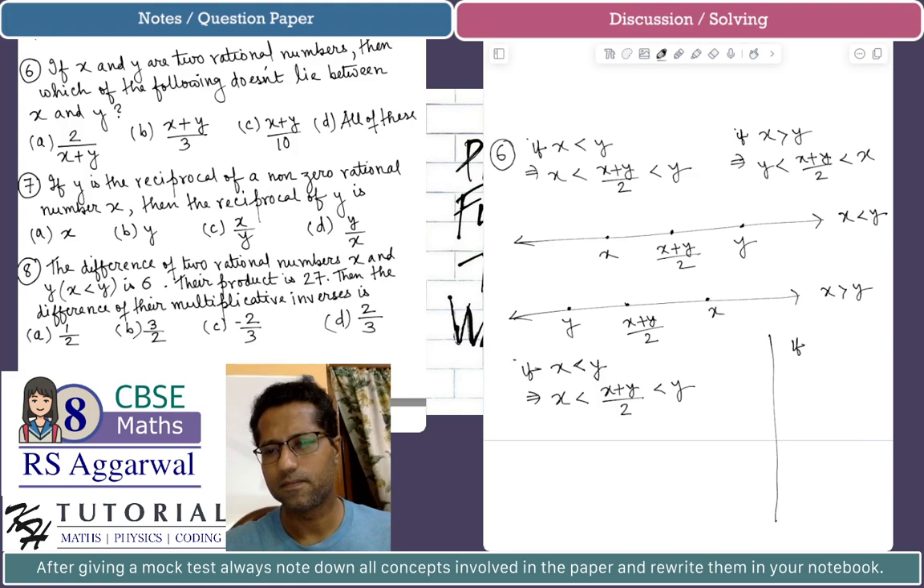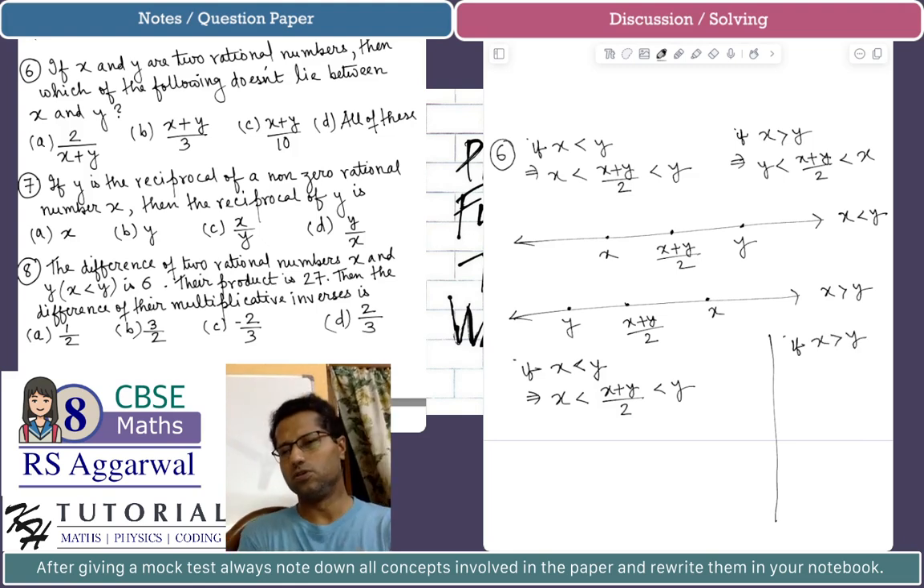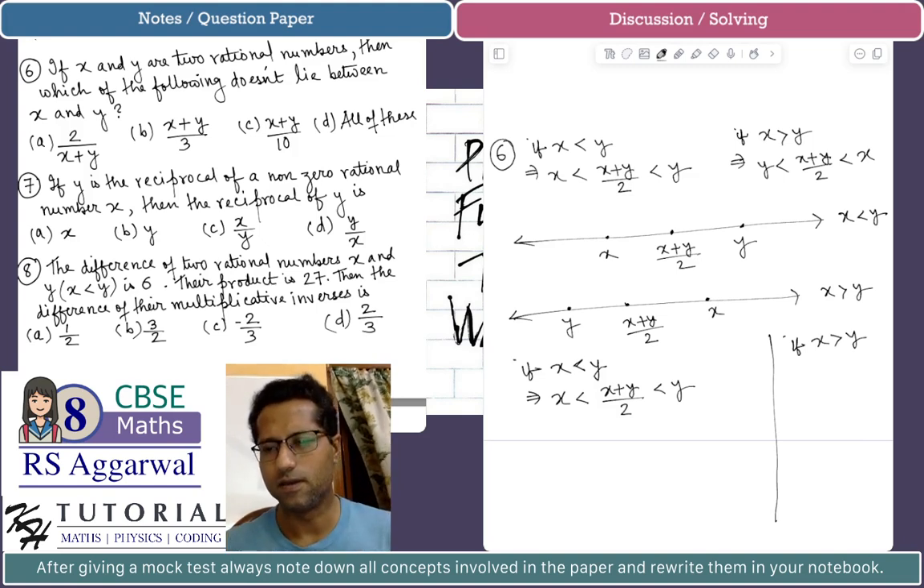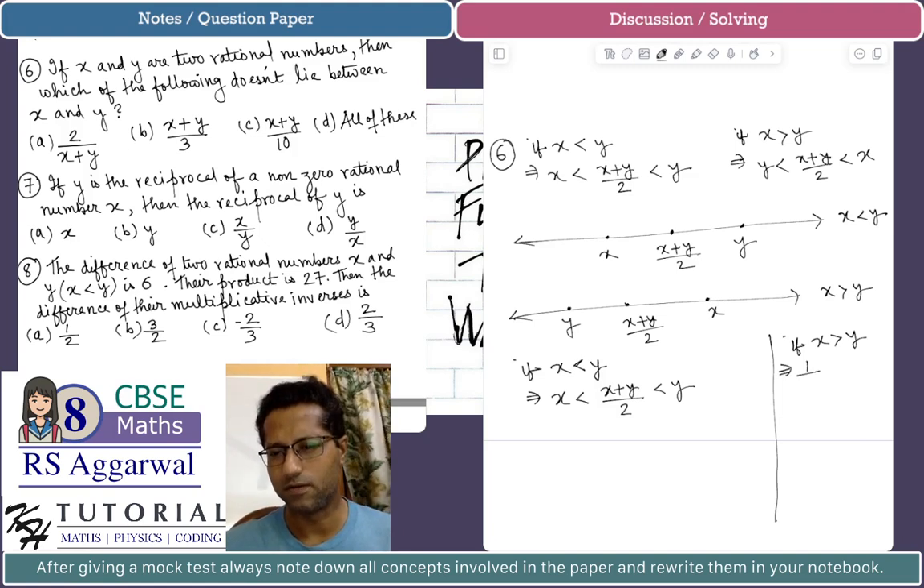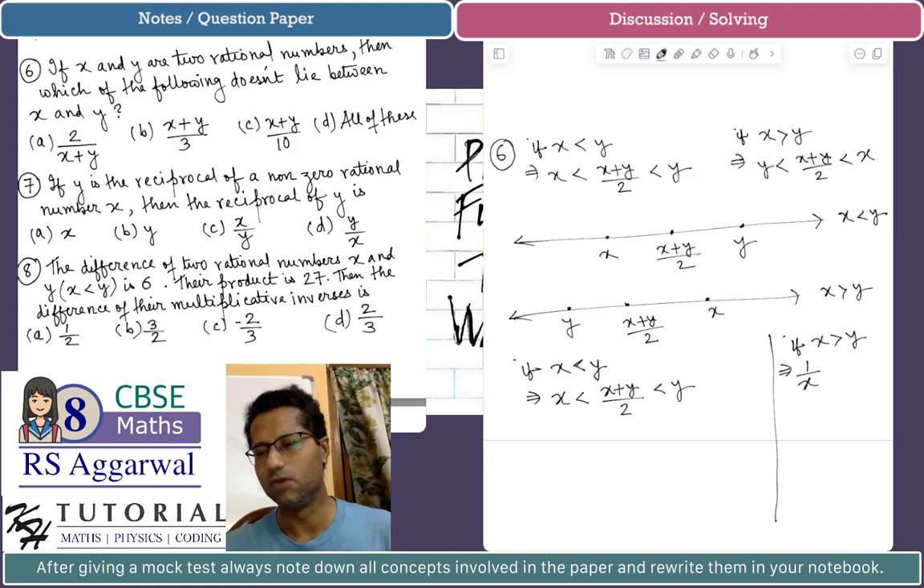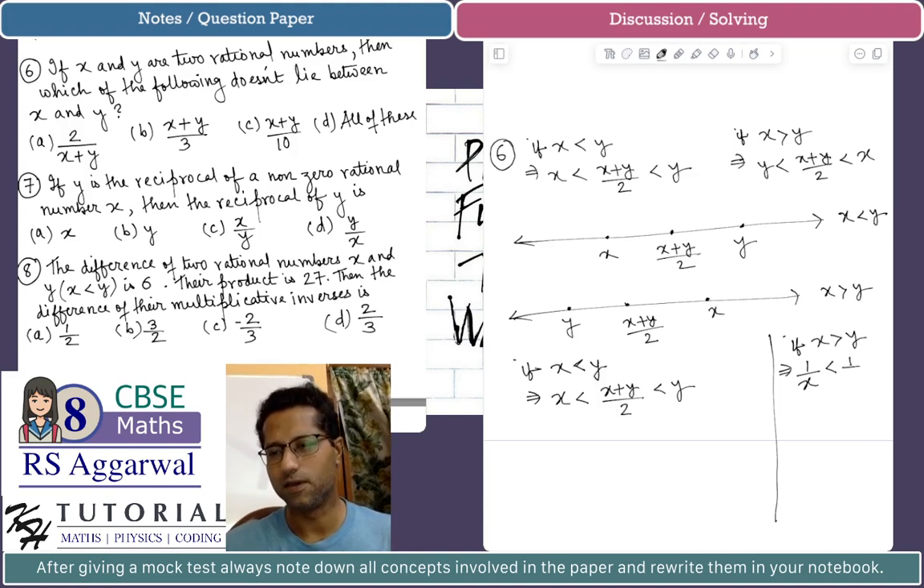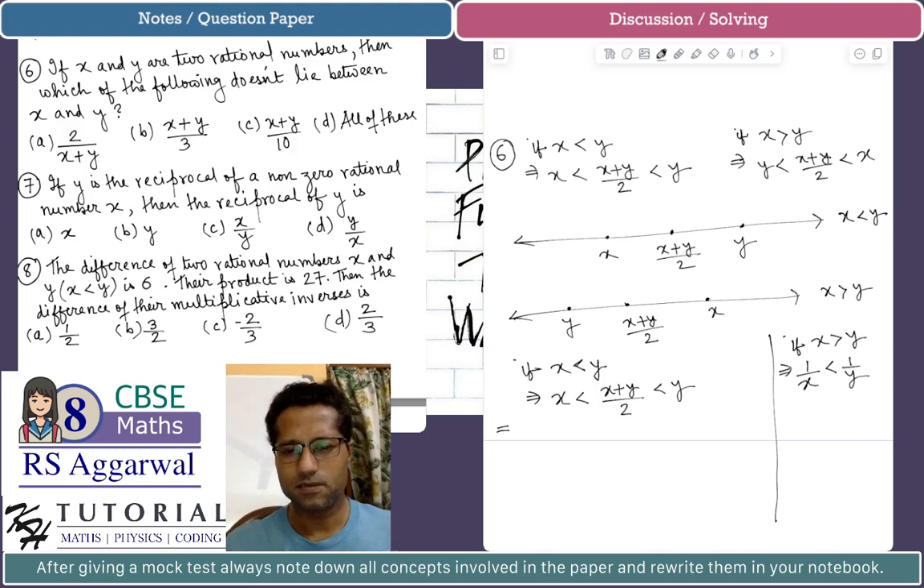that if x is greater than y, for two non-zero rational numbers x and y, and you take the reciprocals, the inequality will change. That is, 1 by x will now be less than 1 by y. So this implies that